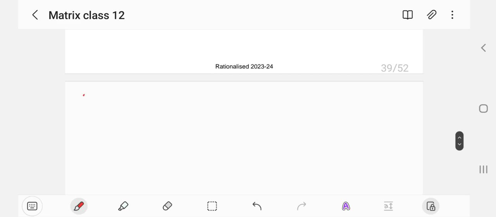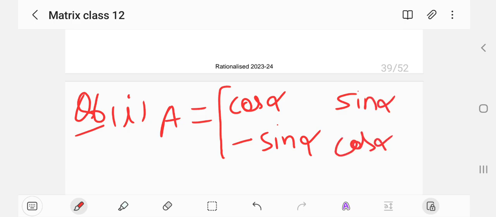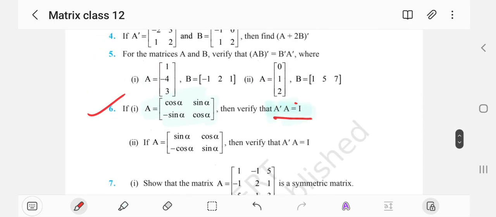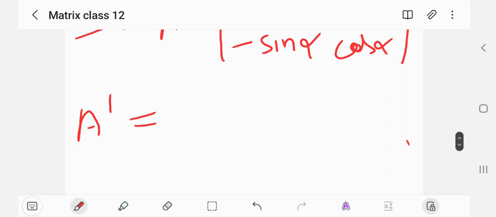Question number 6 part A. What are we given? We are given the matrix A. A matrix is cos alpha, minus sin alpha, sin alpha, cos alpha. I have to first find A transpose in accordance with this, then I have to multiply it with A. If I transpose it,